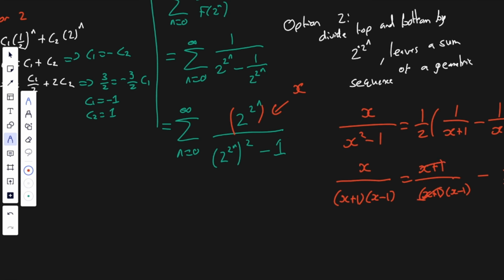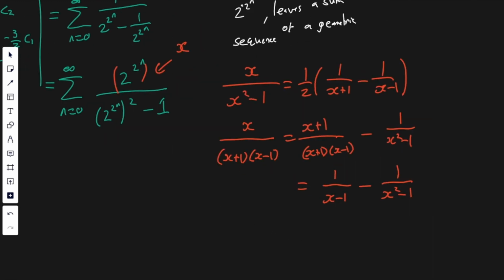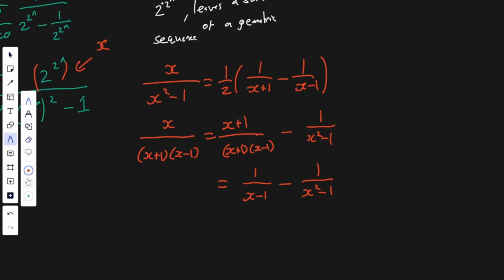Now this cancels, and that's going to leave us with 1 over x minus 1 minus 1 over x squared minus 1. Now the reason we've done this is because x is 2 to the 2n, and hence x squared is 2 to the 2n squared, which by the multiplication rule is 2 times 2 to the n, and we can bring that 2 in. So in other words,